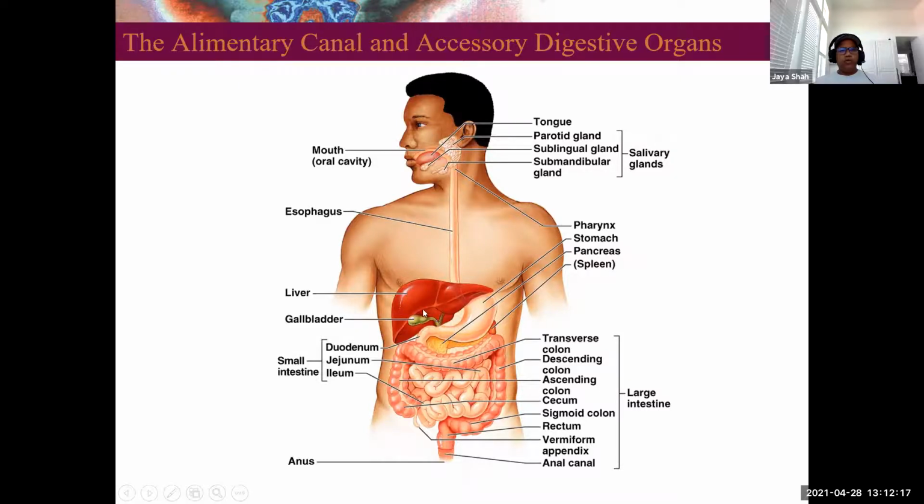In the duodenum, fat-digesting bile from the liver comes through the gallbladder, and fat, protein, and carb digestive enzymes come from the pancreas, which deliver into the duodenum. From there, chemical digestion starts, breaking them down into smaller particles. Then it comes into the small intestine, the jejunum and ileum. In the wall of the jejunum and ileum, there are brush border enzymes which further digest the nutrients and make them simple